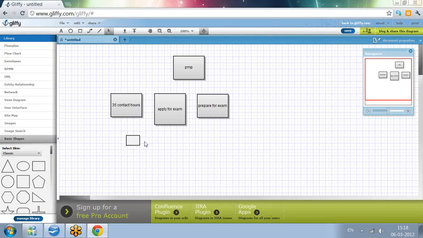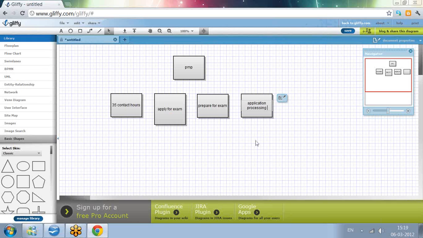And once you apply for the exam, if there's an application audit, the application processing time is there. And once that is done, the next would be